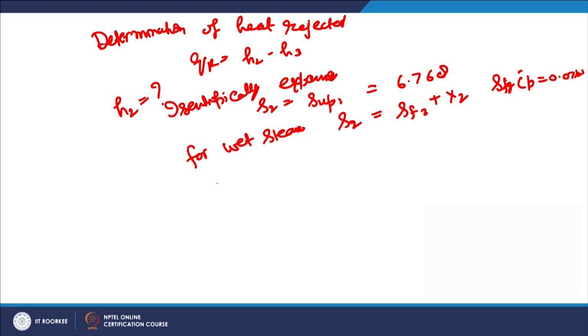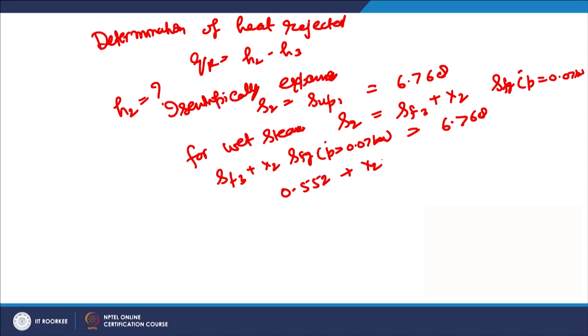Therefore, S3 plus X2 SFG at 0.07 bar is equal to 6.768, and 0.552 plus X2 times 7.722 is equal to 6.768. We calculated X2 is equal to 0.8047. So enthalpy for wet steam at point 2,